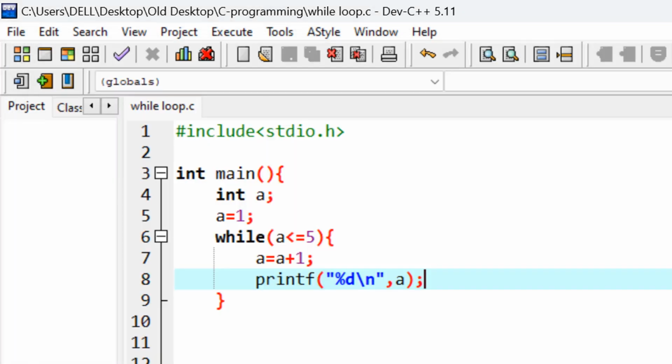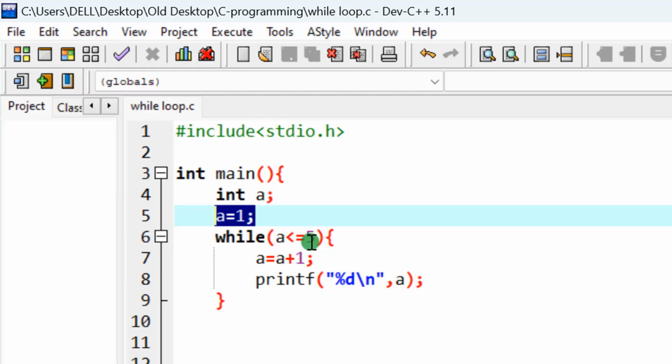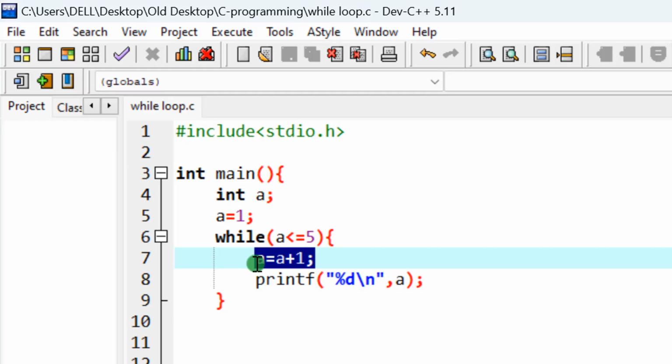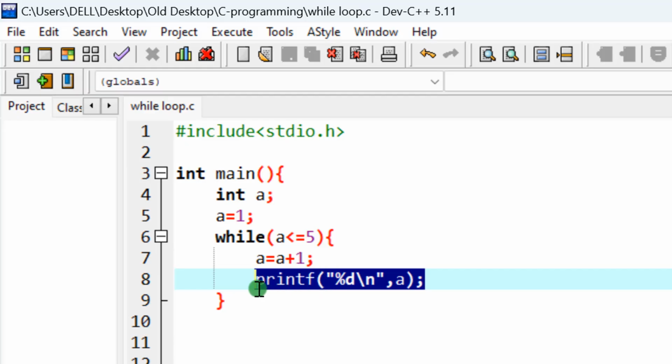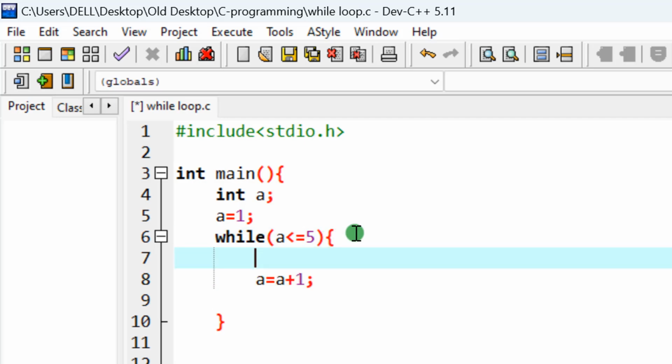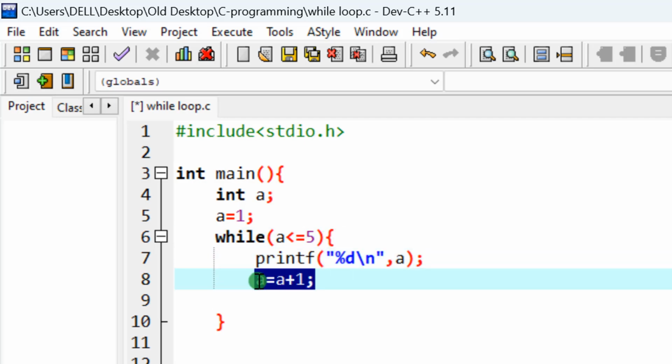Okay, from here you will get the problem. The first problem here is that a is starting at 1, you test: is 1 less than or equals to 5? Yes. But you realize that inside the loop, because if the condition is true you enter, what are you doing here? You are doing a equals a plus 1. So the new value of a moves to 2, because you are doing 1 plus 1, since the previous value is 1. And that's why the first a being printed here is 2. So to avoid this mistake, remove this here and put it before